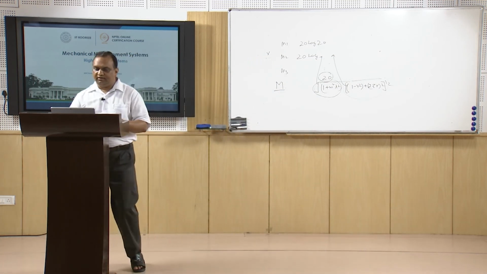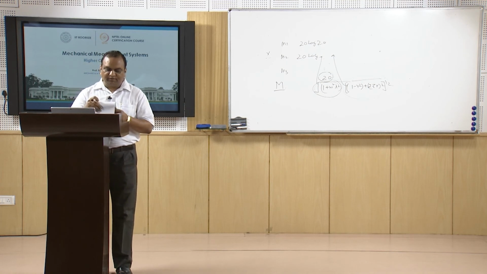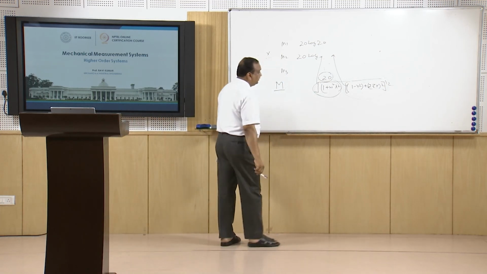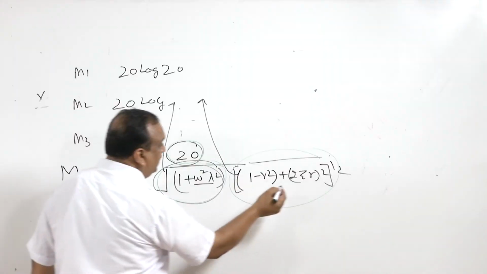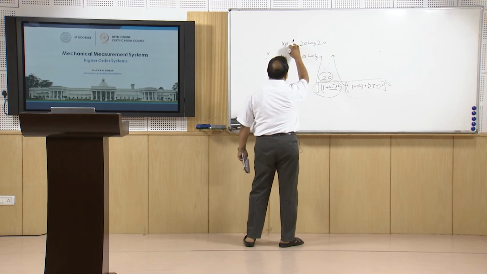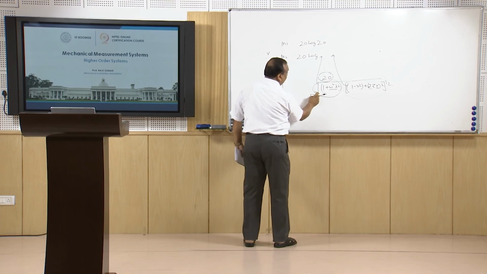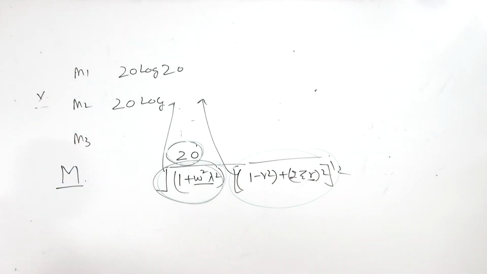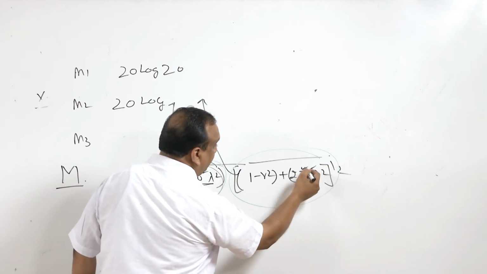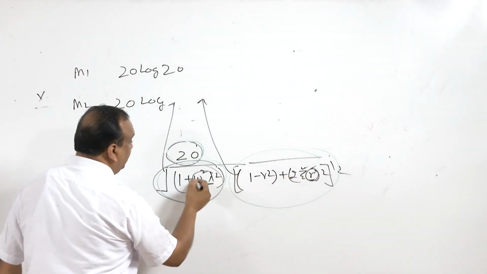With the help of this we can draw the diagram, and regarding frequency, with the help of this information we can draw the bode plot for different values of omega lambda and different values of r. So m will be the sum of 20 log 20, plus 20 log this, plus 20 log this, and we have the values of omega lambda, r and zeta, so for different values of r and omega lambda we can draw